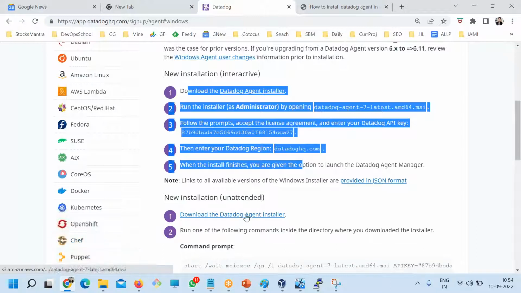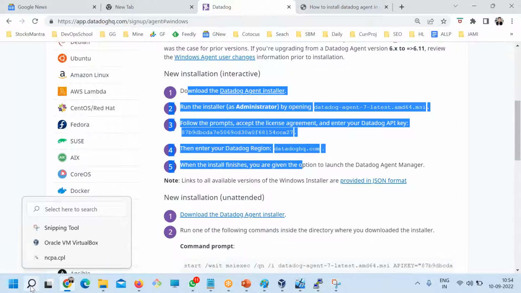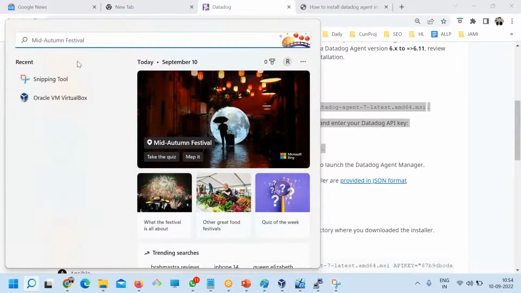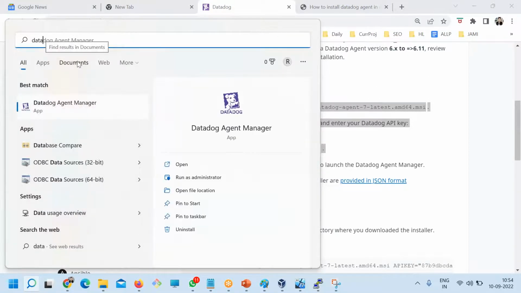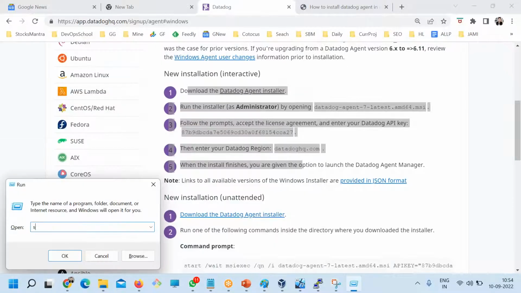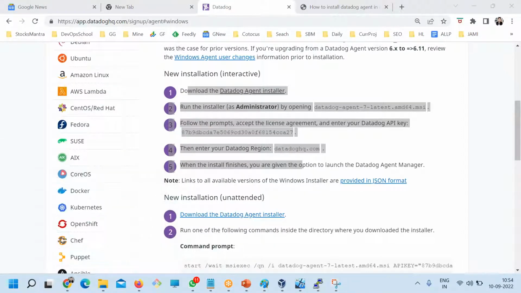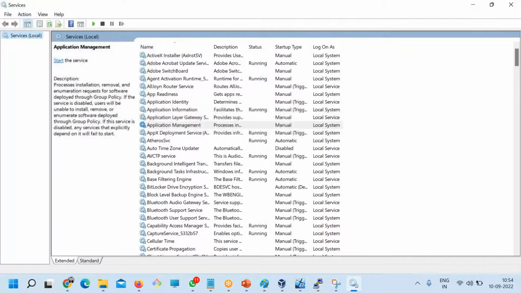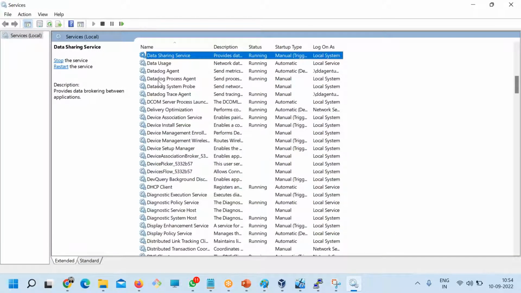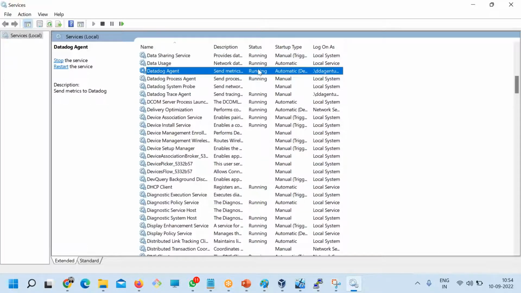So in my Windows, what is there? I've already installed Datadog. You see, Datadog Agent Manager is already there. Let me show you the services. When you install the MSI, you will get the services. Datadog, here it is. It's running already, in fact.